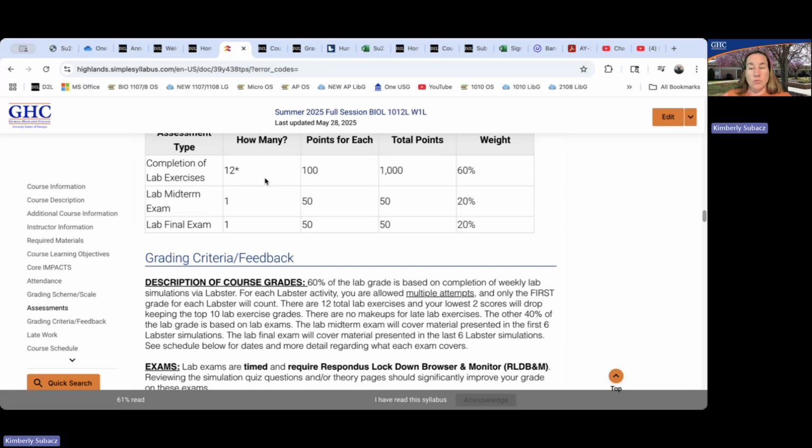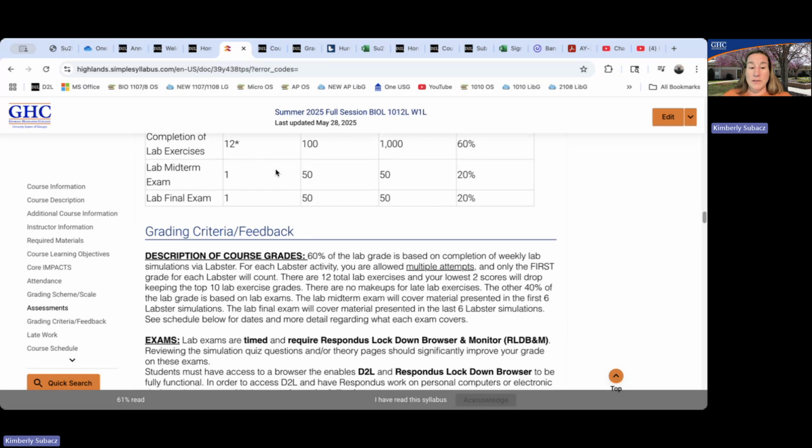If for some reason that week you just spaced and missed the deadline, I don't do late assignments in lab. If you miss it, the next day a zero is going to go in for it. I don't offer any makeups on the lab exercises, but I drop two. So if you completely drop the ball that week and miss both lab exercises, that's okay because I built in 2 drops for you and you can still make 100 in the class. So that's how I'm going to do the lab exercises. You have 12 of them, and I take your best 10.